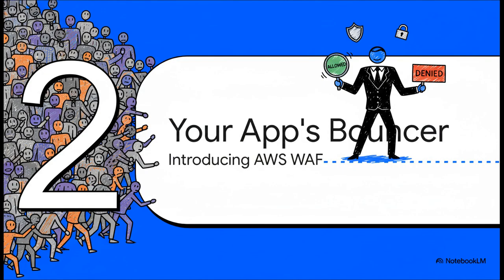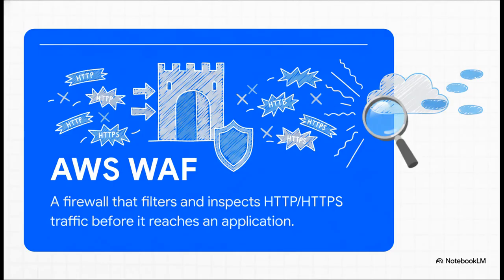So, when you're faced with that kind of crowd, you can't just have any old security, right? Nope. You want a professional, someone who knows exactly what to look for. And that, right there, is where AWS WAF comes into the picture. It's the pro bouncer you hire to manage that front door. So what's this bouncer's job description exactly? Well, a WAF, that's Web Application Firewall, has one very specific mission. It stands guard and it inspects every single request that speaks the language of the web. We're talking HTTP and HTTPS. And it does this before that traffic gets anywhere close to your application.